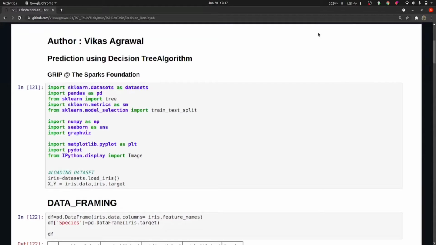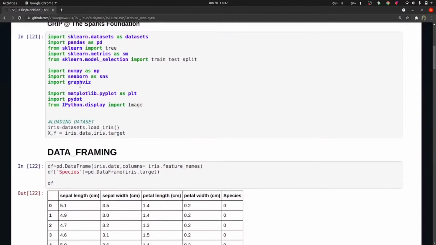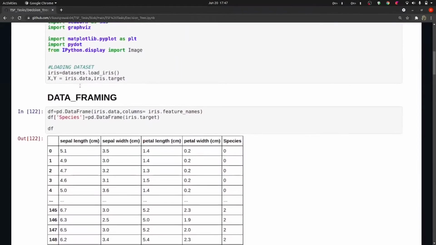I have completed another task, which is prediction using the decision tree algorithm. In this task, I have to create the decision tree classifier and visualize it graphically. So, first of all, I have imported a few libraries, which are sklearn, pandas, numpy, graphviz, seaborn, and matplotlib, and then